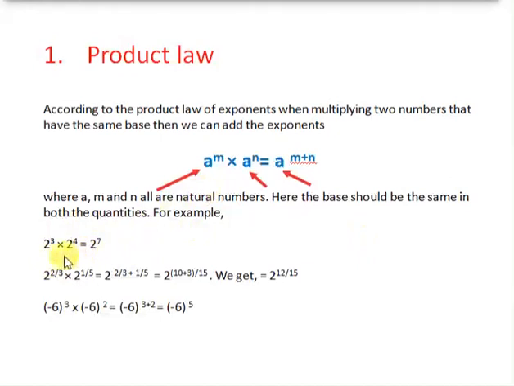So, let us see one example. See here, 2 to the power 3, 2 to the power 4. The bases are the same, that is 2, and the powers are different. So what will we do? We will be adding up the power. 3 plus 4, 7. So according to the law, it will become 2 to the power 7. We can also see another example, minus 6 to the power 3 into minus 6 to the power 2. So here the bases are the same, minus 6, and the powers are different. So the base will remain the same and the power gets added, that is 3 plus 2. So minus 6 to the power 5 will be the final answer.